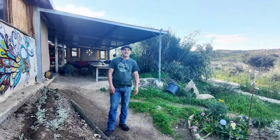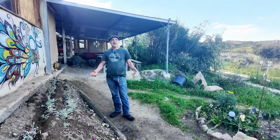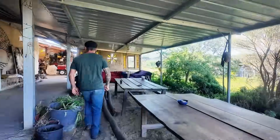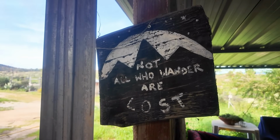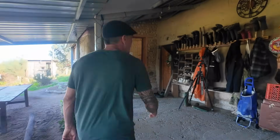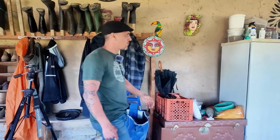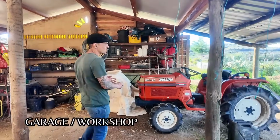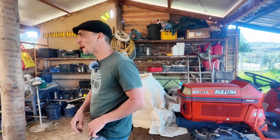So over here we finally get to a communal building, which is one of the buildings made of straw bales where the community hang out, eat, educate and work out. So come and have a look. So we got this nice outdoor area for hanging out, as well as an area here to keep our boots. I'm quite proud of my boot rack. It's just bits of wood where you put a boot on top. And we've also got our seed storage, and around the side, we've got our garage slash workshop that's currently being built. I used to use a workshop on the other side of the farm, but that's moving here because I keep having to walk around to get tools. Around the back,